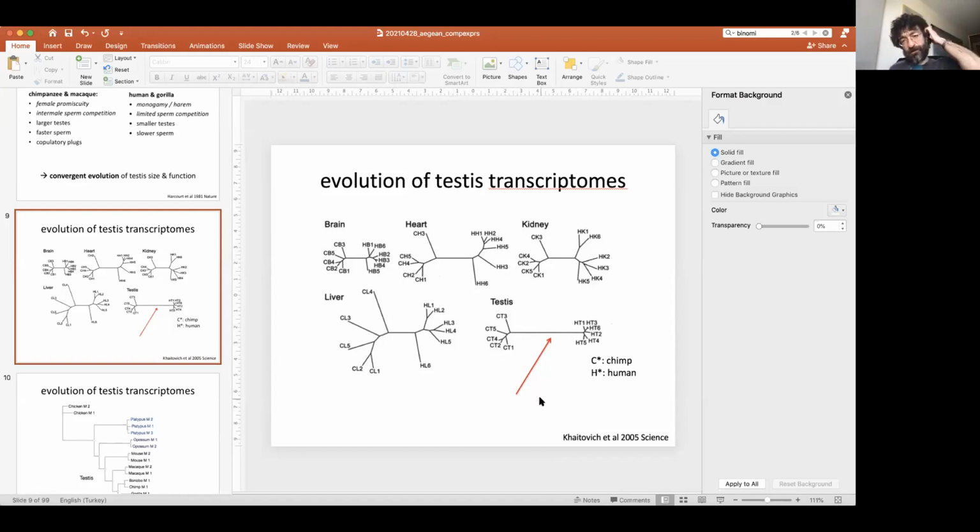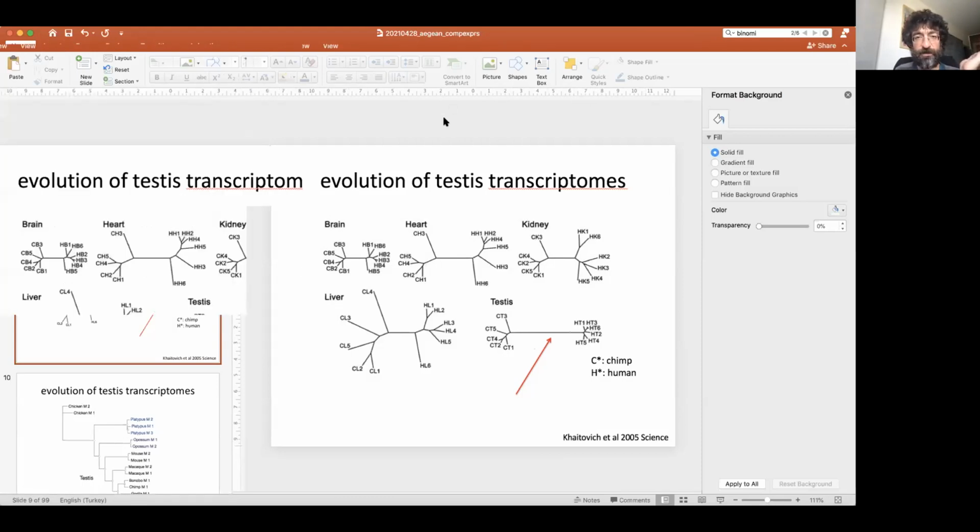And in this paper, they were also showing that testis-related genes show more evidence for rapid evolution than genes expressed in other tissues. And thus they were concluding that there must have been a lot of, instead of the brain itself, the testis might have undergone a lot of expression evolution driven by positive selection. On the chimp branch or on the human branch, can they tell, looking at this pattern? They can't tell, right? What would you need for the drift hypothesis?